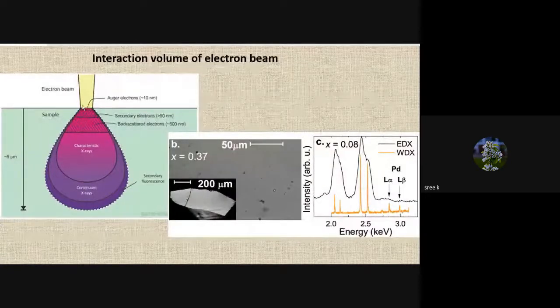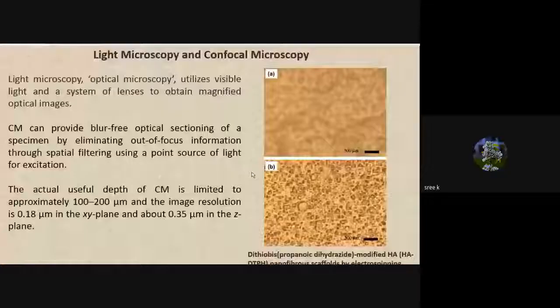So this is the interaction volume of the electron beam. So from where are we getting the X-rays? Here you have the primary electrons, and when these electron beams go for inelastic scattering, characteristic X-rays are formed. These X-rays are emitted from the sample and collected by a detector, and the energy and the wavelength of that particular X-ray is calculated and plotted with respect to the intensity. So it's a useful method to complement the imaging technique.